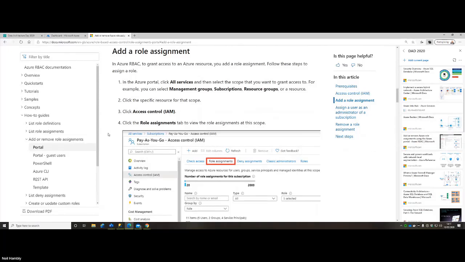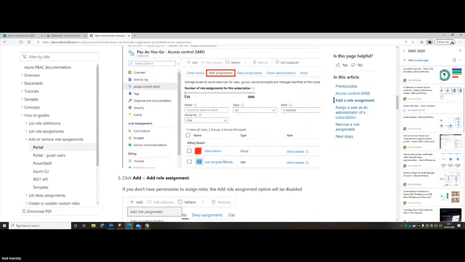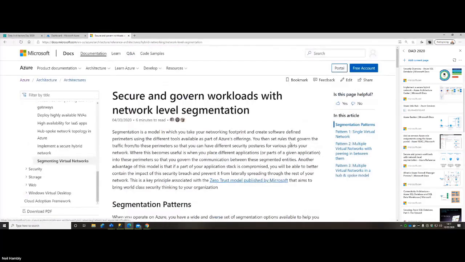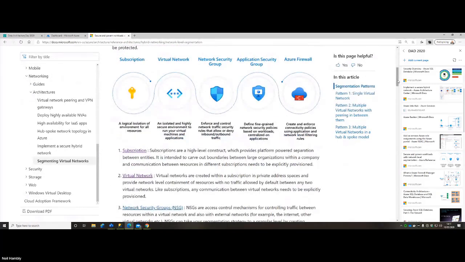In the access control section inside of our subscriptions or certain services, we can say who has what rights, and we can assign those users a specific role, a custom role, or a role assignment to get them up and running. We're not going to go into too much detail today, but it's in my links to give you that access. Okay, so let's have a look at what we have for securing our environments.